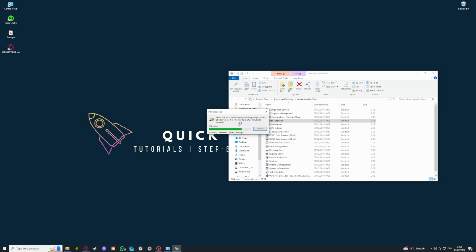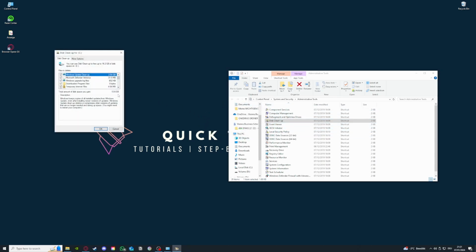And as you see with your SSD, there is a lot more to select. So I'm just gonna go over that for a second. So you see, especially my Windows Update cleanup is very big. So we definitely want to select this, and basically you can select whatever you want here, but you should always be careful with something